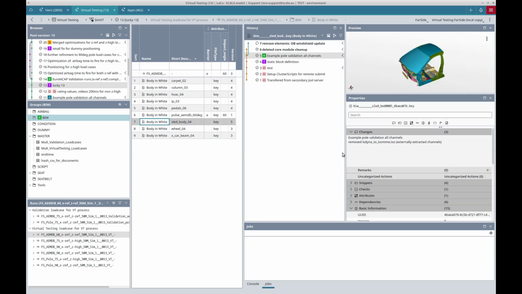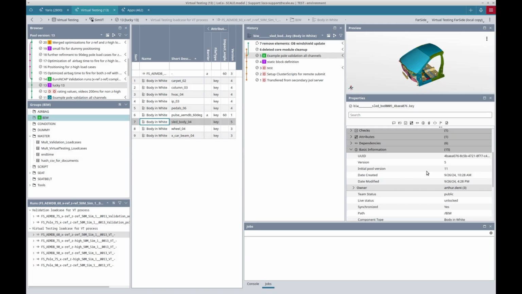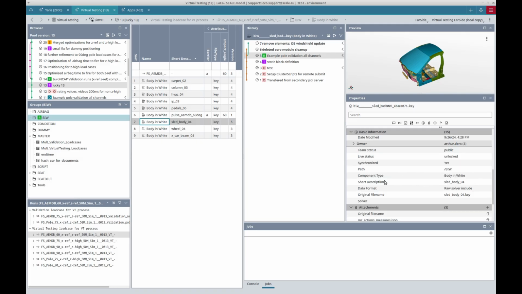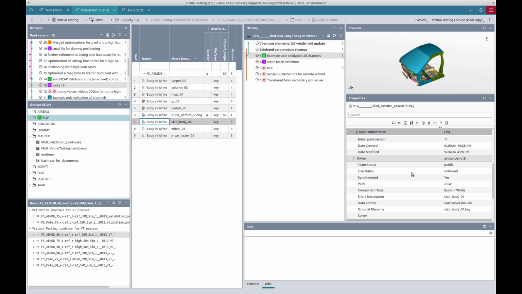And last but not least, on the right side of the client, we have several tabs containing detailed information about the current selection. So for my selected include, I can see its history. With its history comments, I can see a 3D preview for it. I can see further properties like who the owner is, what version this is, when it was created, and when it was lastly modified. And last but not least, we have a jobs tab where I can see the current jobs that are running. For example, a synchronization job.